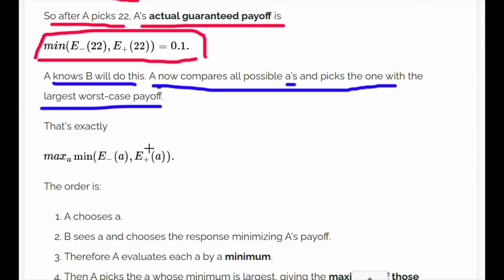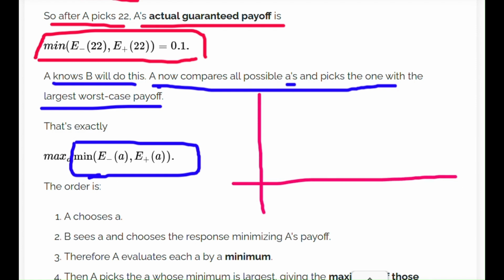So what A would try to do is maximize this expression, that is the minimum of E minus A and E plus A. Now as we just discussed, if you recall, if we have the expected payoff on the y-axis, and A on the x-axis, the expression for E minus was a decreasing function like this, and the expression for E plus